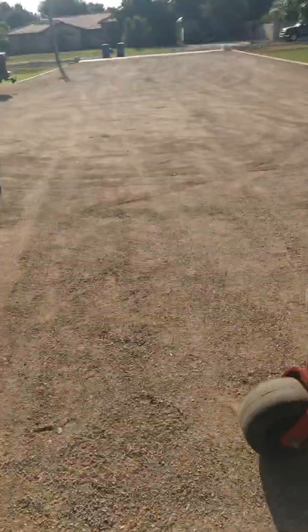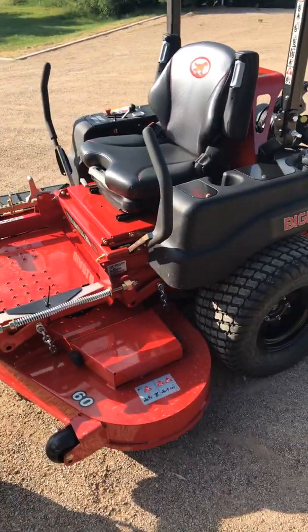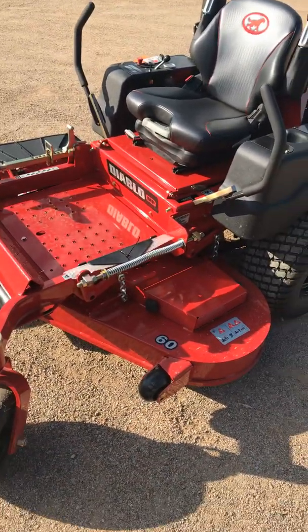And yesterday, I went and picked up a Big Dog Diablo MP, and I'll just share with you guys why I chose the Big Dog and not a Skag or X-Mark. I'll show you here, and here we are. Like I said, it's a Big Dog Diablo MP,